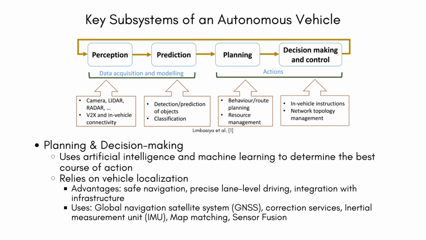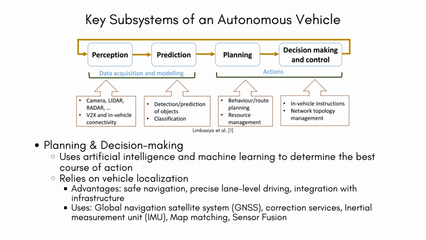The localization focuses on knowing the precise location of the car. This information is crucial in path and route planning and trajectory generation. The advantages of vehicle localization include safe navigation and integration with infrastructure. For example, the exact positioning of a vehicle is crucial for lane positioning and following, planning safe maneuvers, following traffic rules, and avoiding collisions, and communication with vehicle-to-everything infrastructure. To achieve this goal,